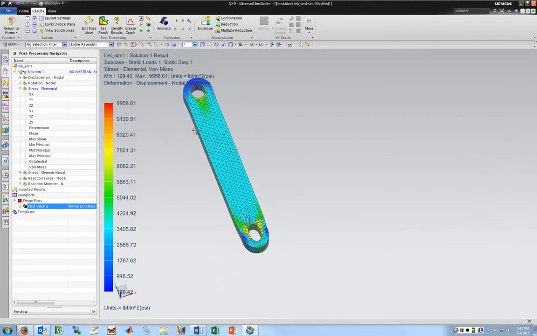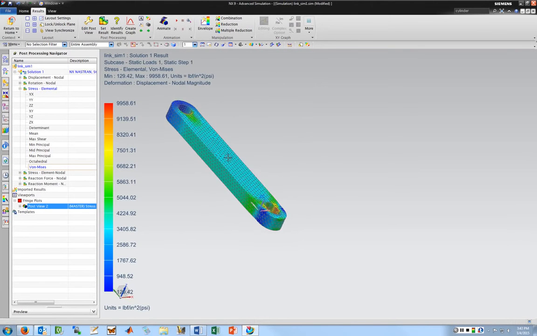More interesting though is the stress around these. So again, around here is better than what I get up here because of the constraints. So in here I trust it. To do a better job around here, you'd have to apply the load the same fashion that it would actually be loaded as if there was a bolt in there. So a lot of the goodness of the results you get is how you apply the loads and your mesh